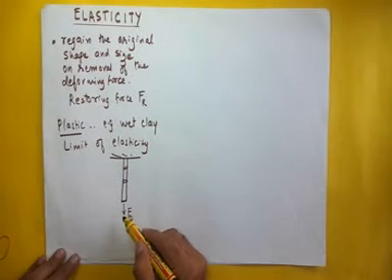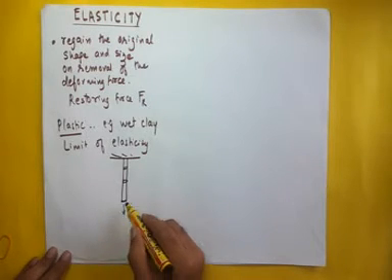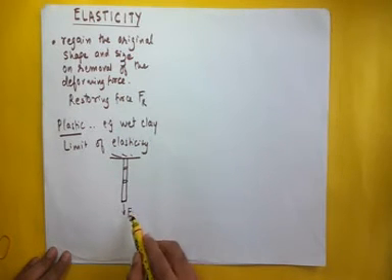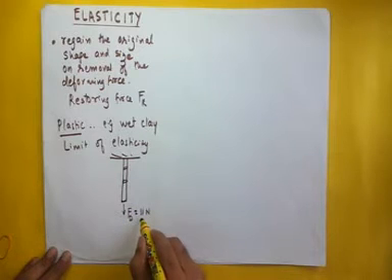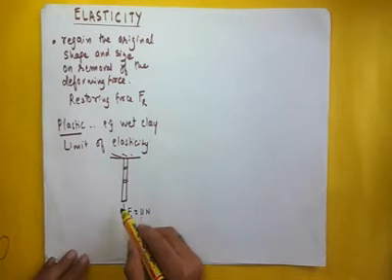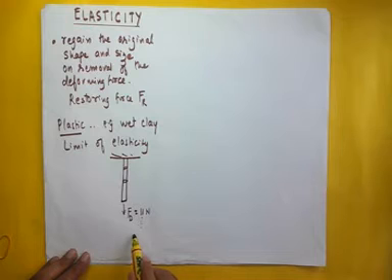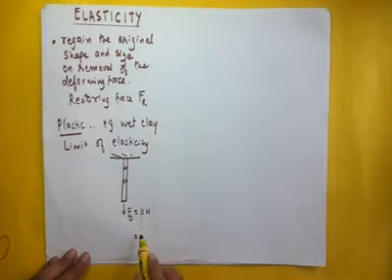As I keep on increasing the deforming force, what happens? It is observed that up to a certain value, this particular rod continues to display the property of elasticity. Let us say we begin with a deforming force of, say, 11 Newton. As I keep on increasing this value, the rod continues to show the property of elasticity, meaning that it elongates and then goes back to its original shape and size. But at one particular value, say for example 106 Newton, this is just an example I am taking,